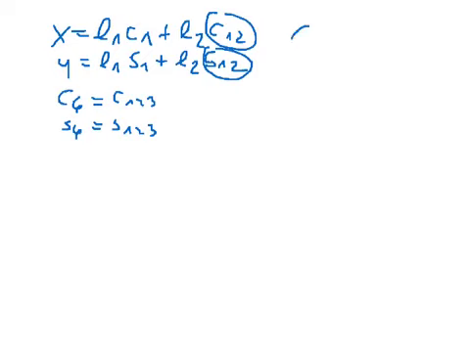So if you have something like cosine of something times cosine of something else, it's the same as writing down cosine of 1 times cosine of 2 minus